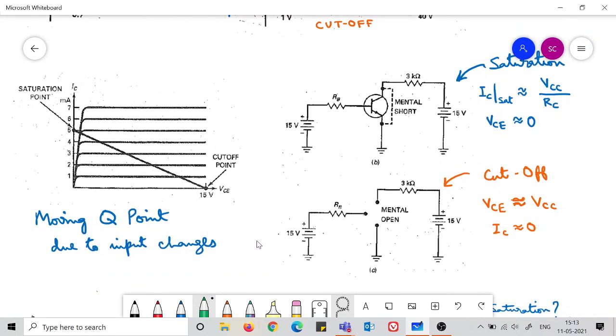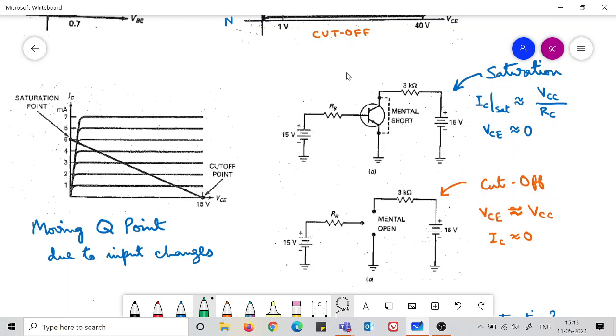Before that, I just want to mention that we also discussed this very important analysis, to understand whether, in a given network, the transistor is in saturation or active region. Many times you may be asked this question. Here we know that in saturation VCE is almost 0. It is not exactly 0, because 0 is on this vertical line and saturation is this particular line, but we can approximate it to be 0.